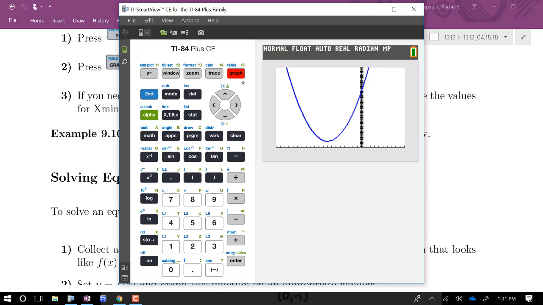Are there questions about this process? I'm sure you've probably done this a bunch of times already, but